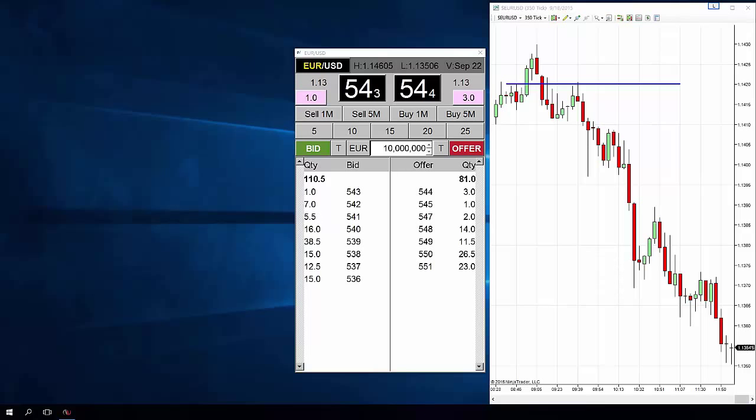Some large buy orders can drive the price down. Exactly. Because as I'm saying, I don't know if you followed me or not, but the thing is,